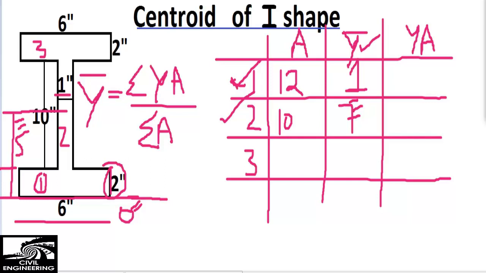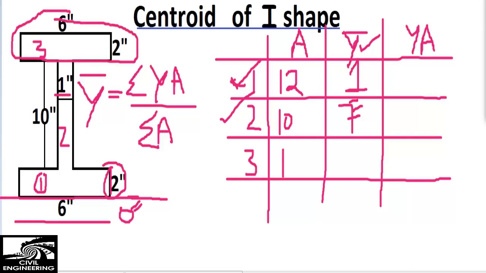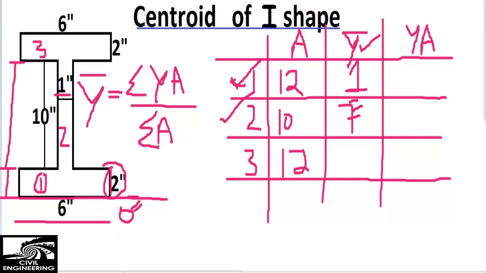So now considering the third object, right? Wait, I'm erasing other things. To find the area of the third object, it's equal to 12 because it's the same rectangle like the first one, 6 cross 2, sorry, so it comes out to be 12 inches square, alright? And what will the centroid be of the third object? Its centroid from the base will be including 2 inches and 10 inches, and the centroid of this object is 1 inch from the second object, so it total comes out to be